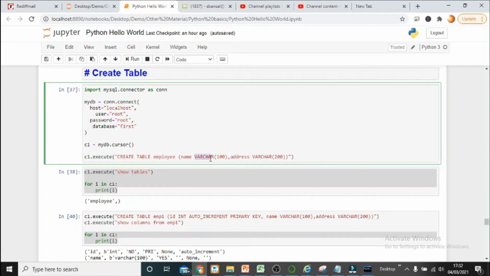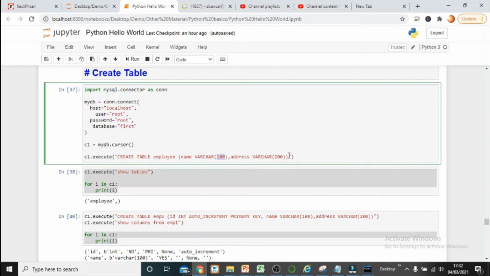Now how long is it going to be? It may range from maybe 50 characters to anything around 100 characters or so. But whenever you are not sure how long it will be, we declare it as a varchar. Varchar means variable character. So we are declaring it initially as 100 characters, but if it needs more space, then automatically the space will be extended. That is what varchar means.